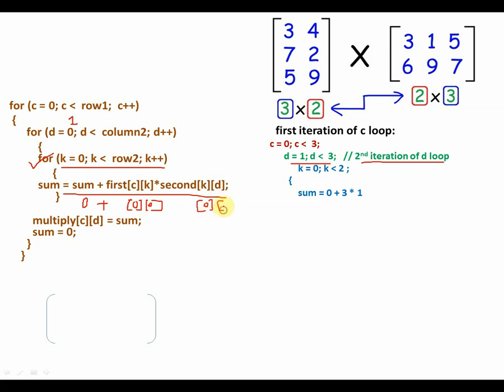D is no more 0, D is 1, because this is the second iteration of the D for loop. So what is the element at a of 0, 0? 3. And what is the element at b of 0, 1? 1. So 3 will be multiplied with 1. That is what I have written over here. Sum will be taking a value of 3 into 1, which is 3.